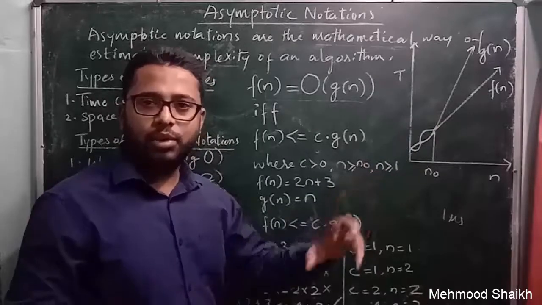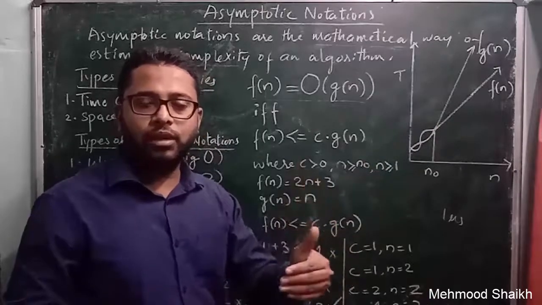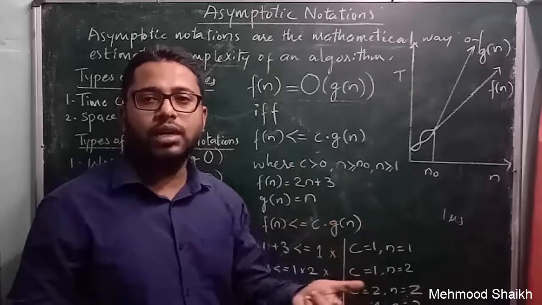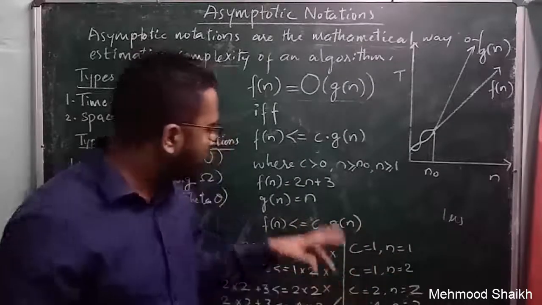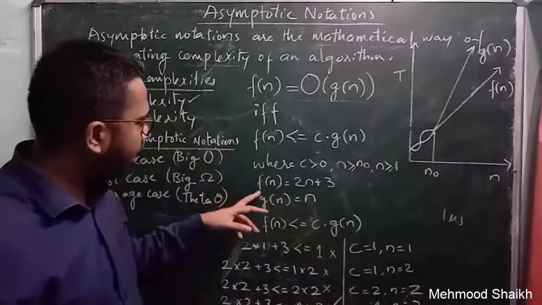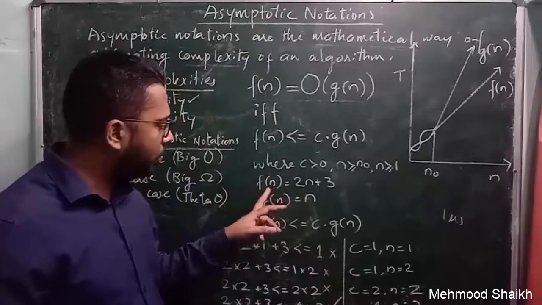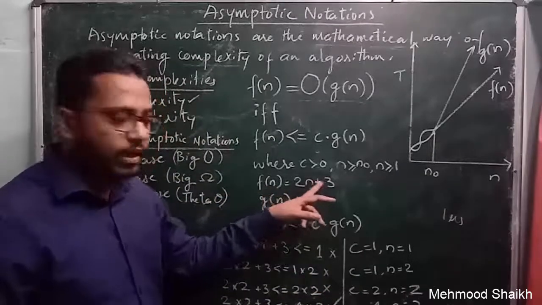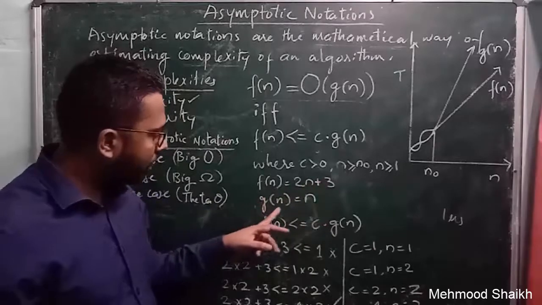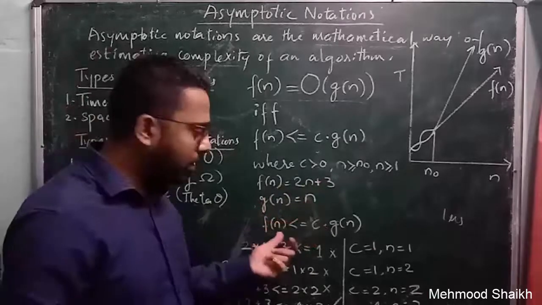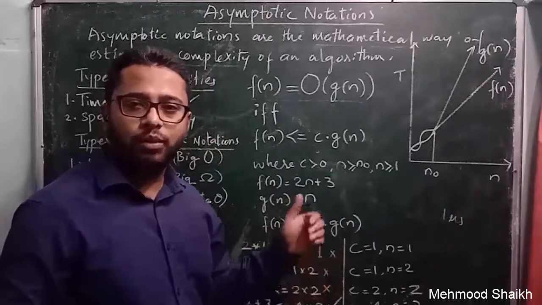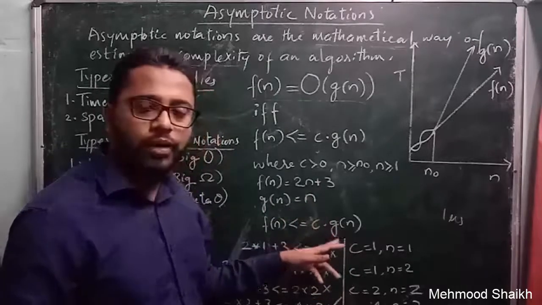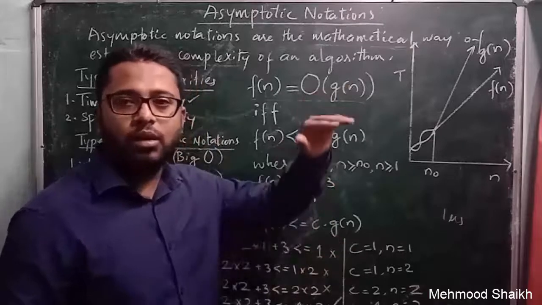That means n is the number of steps. So if you have written an algorithm, there has to be at least one or more than one step present in an algorithm. Now here we have taken the value for function f of n as 2n plus 3, and the value of function g of n is equal to n. With this expression, we are trying to prove after which input value the function g of n will always be on the upper bound.